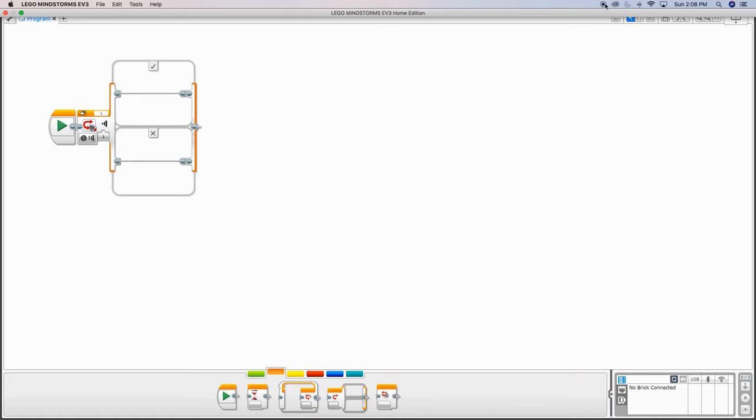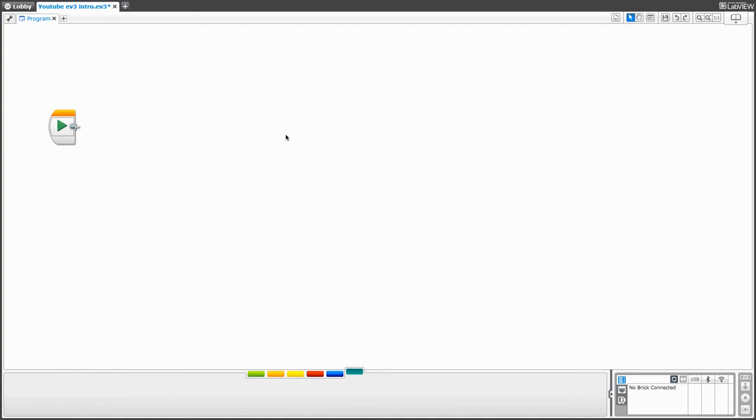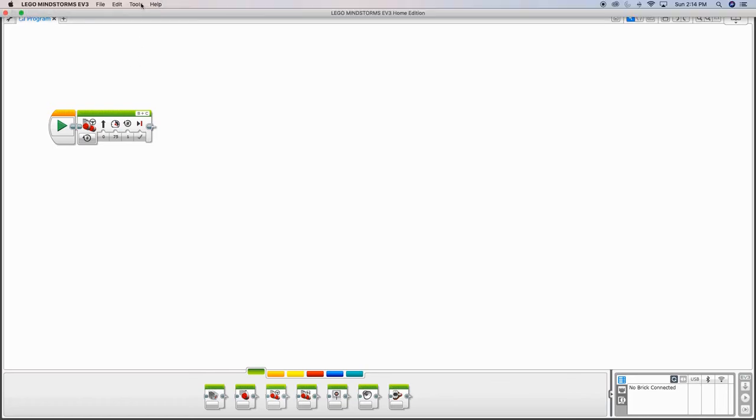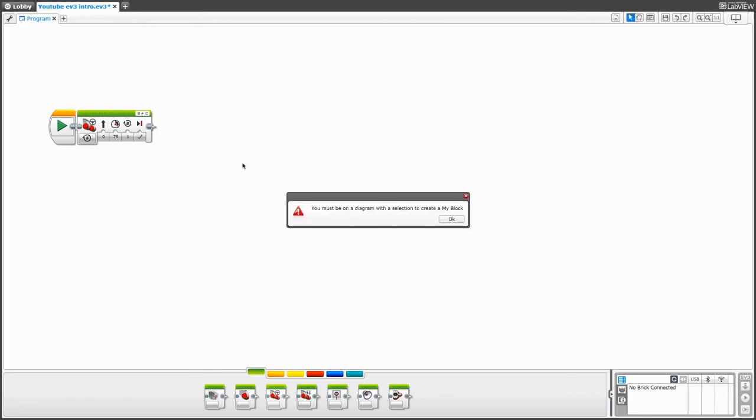So the section I'll be talking about is the My Block section. This section allows you to create your own custom blocks. So I'm going to show you how to make one first. I'm just going to grab a random move steering block, and you go to Tools, My Block Builder. Oh yeah, you have to highlight the block to make it. So you highlight the block, you go to Tools, My Block Builder,